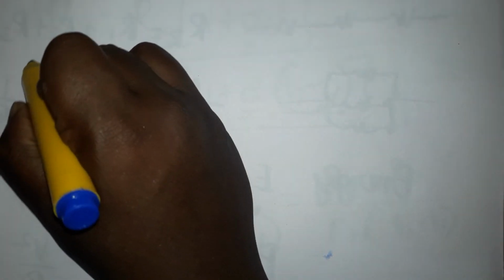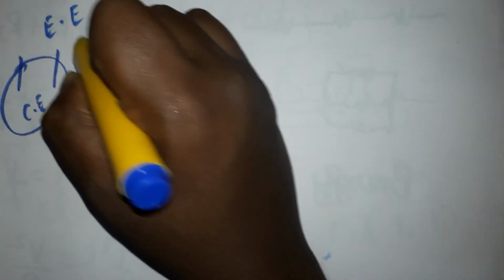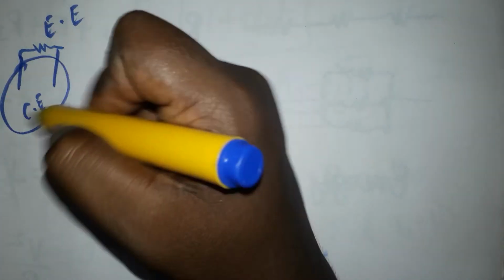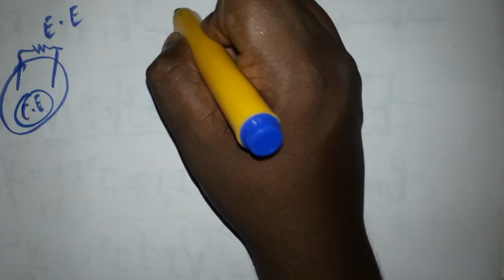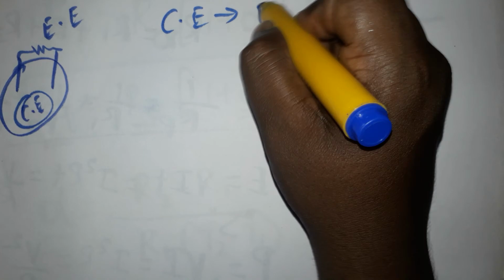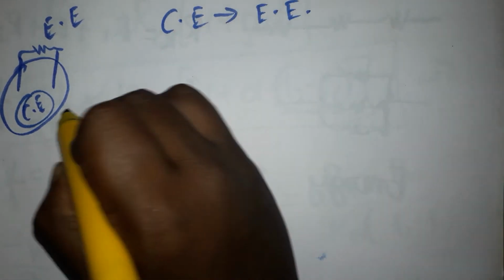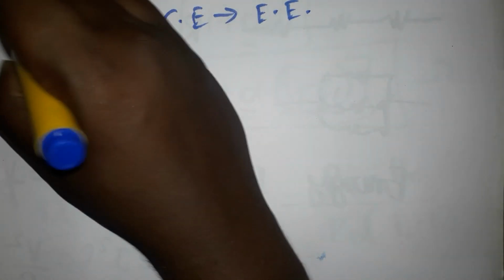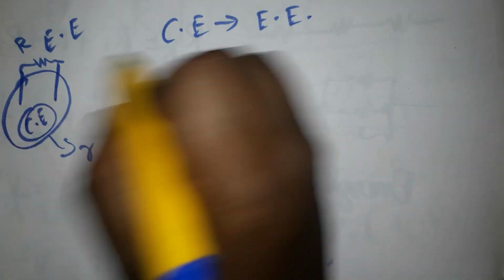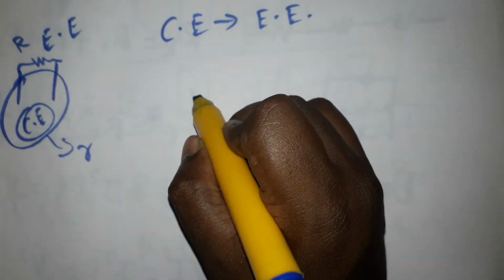How the internal resistance is going to affect the total EMF, when we take EMF as electromotive force. Chemical energy is converted into electrical energy. We take one example, a lemon. When we use a lemon to convert chemical energy to electrical energy, you need to consider the internal resistance. Internal resistance is small r, external resistance is capital R. The total voltage of this battery we can take as EMF.